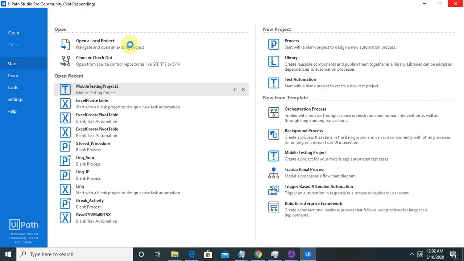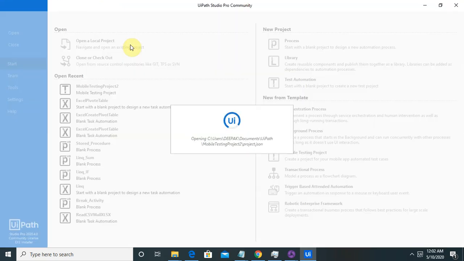After launching this mobile testing project 2, I will connect my device with Appium physical device. After connection, your complete configuration is done for mobile automation in UiPath. Let's wait some more seconds for restoring dependencies, and it will launch our workflow.